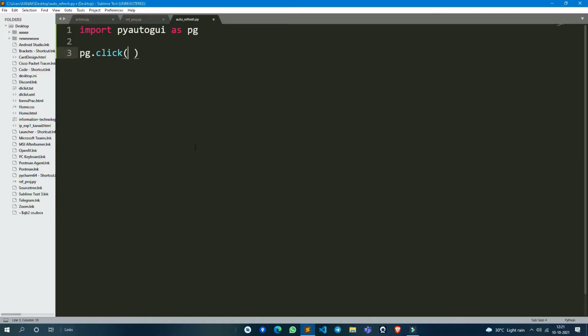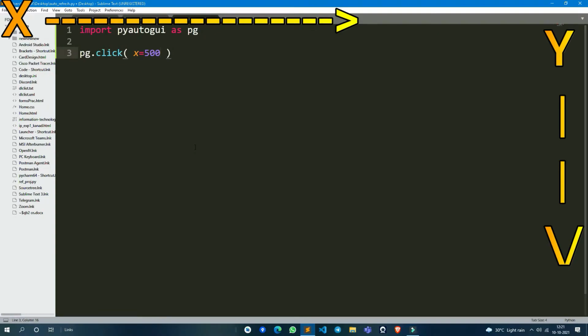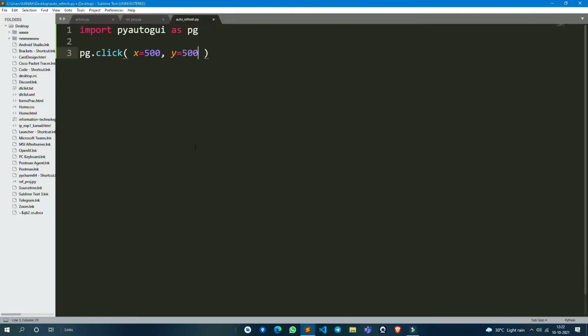Inside that method, provide the x coordinate. I am giving 500 just for testing, and the y coordinate also 500. So when we run this script, first of all save this. When we run this script, we can see where our cursor will go.